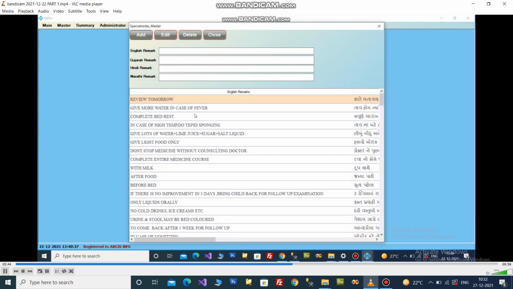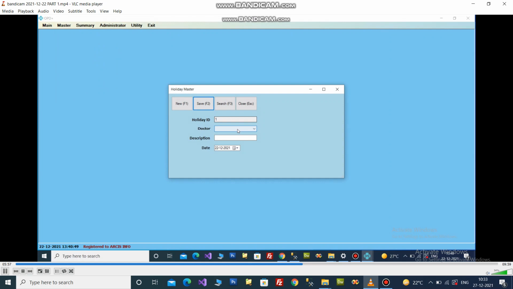Here it is special notes master where you can set notes for prescription. Here you can set the holidays of doctors.